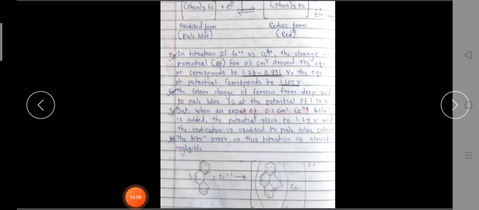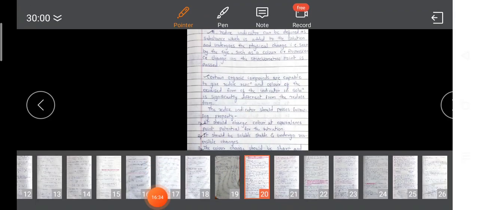Got this point? Please prepare this part well. All the values are here, the reaction is given. Sometimes they ask the theory of the indicators, and that question may come. The question is very simple, you have to prepare it well. Please go through this part well. If you are not getting it, you can freely ask on the Telegram group, WhatsApp group or Google Classroom.